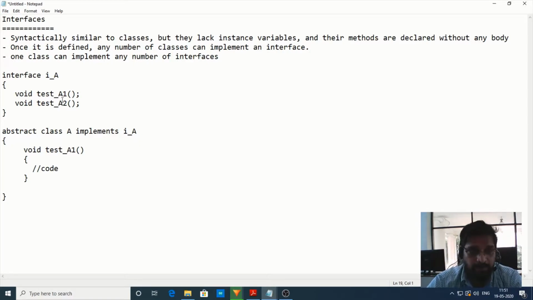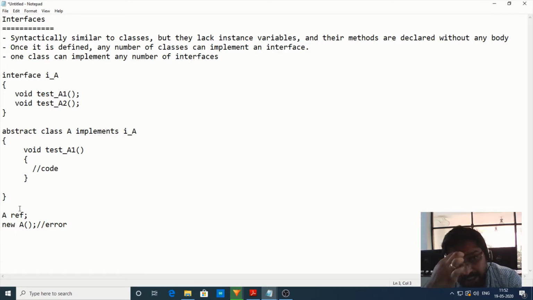Anything that is an abstract class, we can't create an object. In other words, for abstract classes, we can't create an object. So for example, if I create an object of a class called A, it throws an error stating that class A is an abstract class for which we can't create an object. But for an abstract class, we can create a reference variable, that is ref. So like that we can create a reference variable for an abstract class, but we can't create an object of an abstract class.